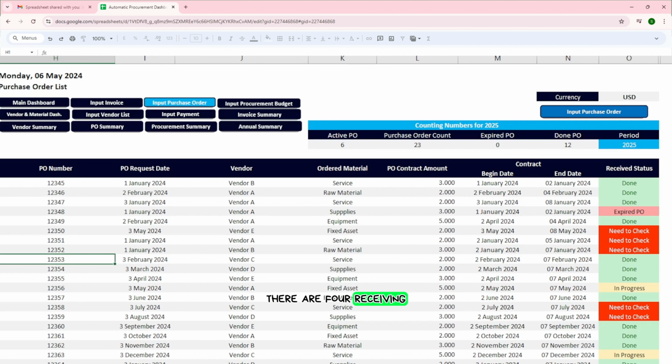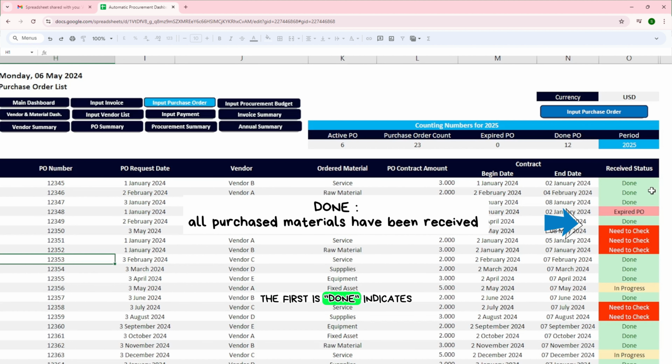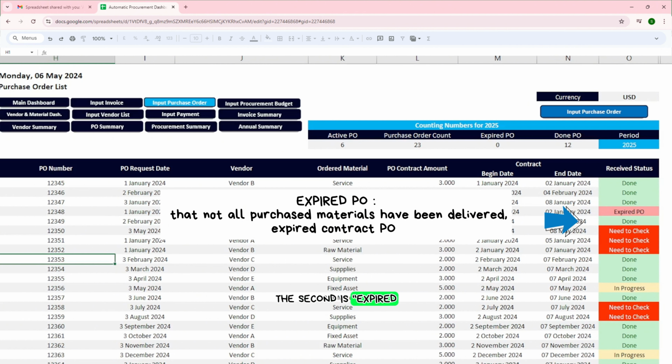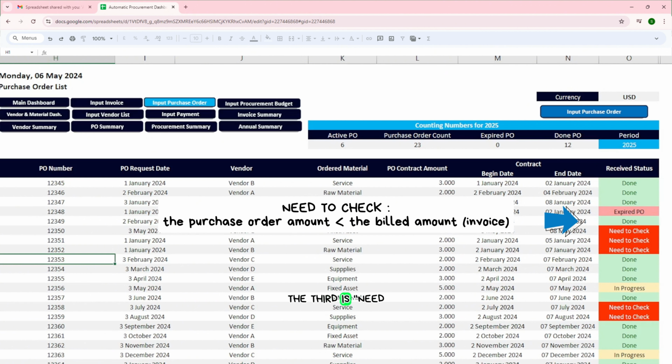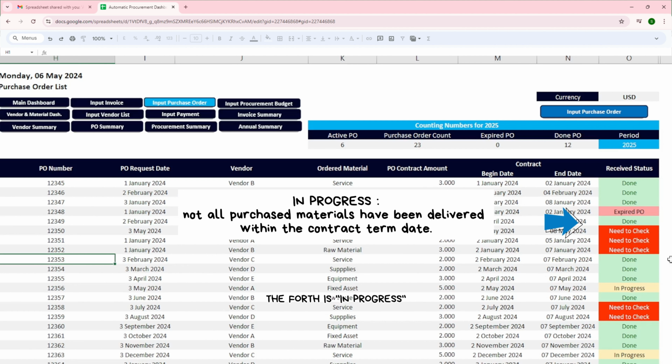There are 4 receiving status categories. The first is done. It indicates that all purchase materials have been received. The second is expired PO. It indicates that not all purchase materials have been delivered and the last contract date has been exceeded. The third is need to check. It indicates that the purchase order amount is less than the billed amount or invoice. The fourth, in progress, indicates that not all purchase order material have been delivered, but they are still within the